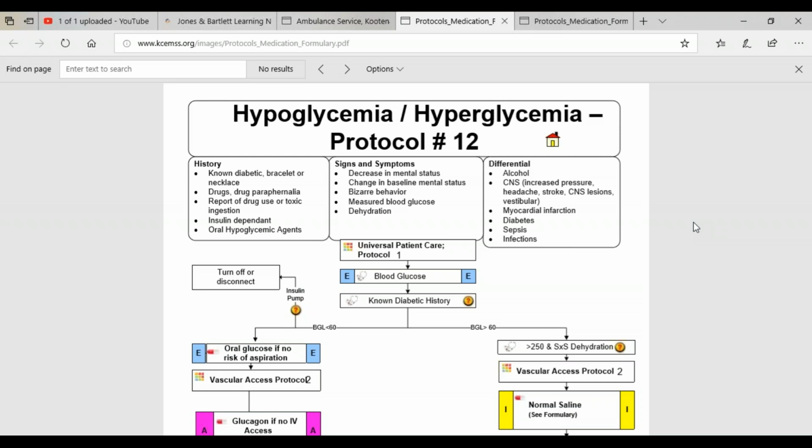IM glucagon is an option as well, but do they have the liver stores? That should be on your radar as well. If they're already hypoglycemic, there's a chance those liver stores may have already been exhausted, so you may not get the response with the IM injection of glucagon that you were hoping for. Frequent blood sugar checks, some complex carbs on board, that life-saving peanut butter sandwich, and then be cautious of rebound